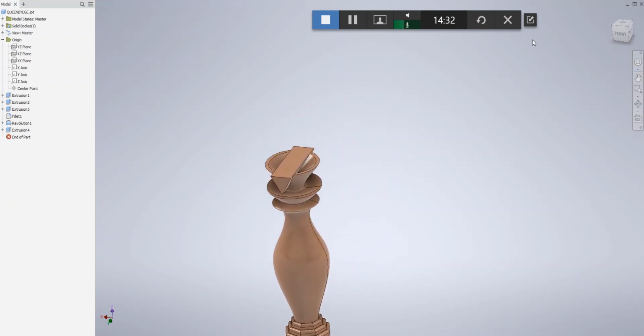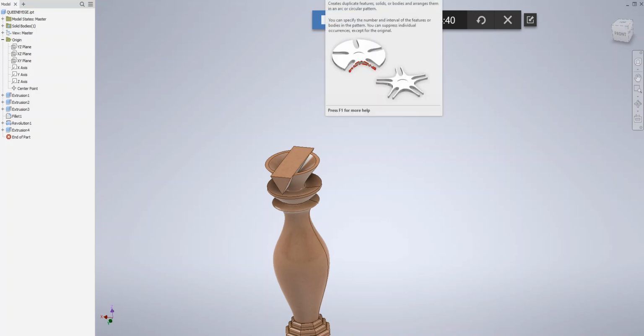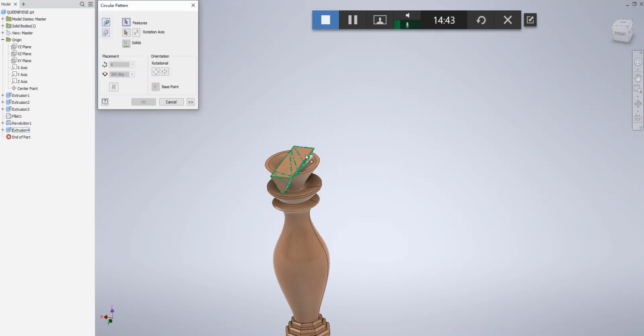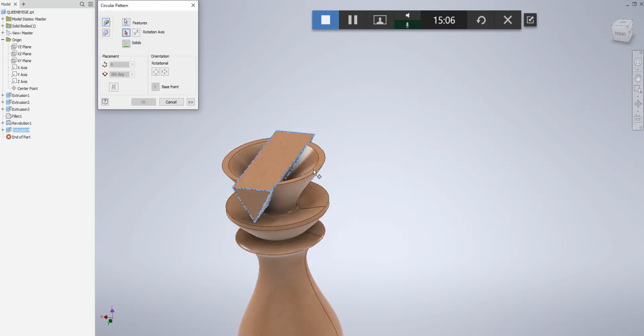How many of those do we need? That's a good question. Perhaps 3 or more. So there's an array command, multiple copies command, circular array command. Clicking, and we're going to use this one. Select the object you want to array, and these are the features selected. Okay, enter. And now the rotation axis has to be selected. The computer understands that if there is any circle or any kind of cylindrical shape, the rotation axis will share the same axis. Okay, so you click on this one and simply search for